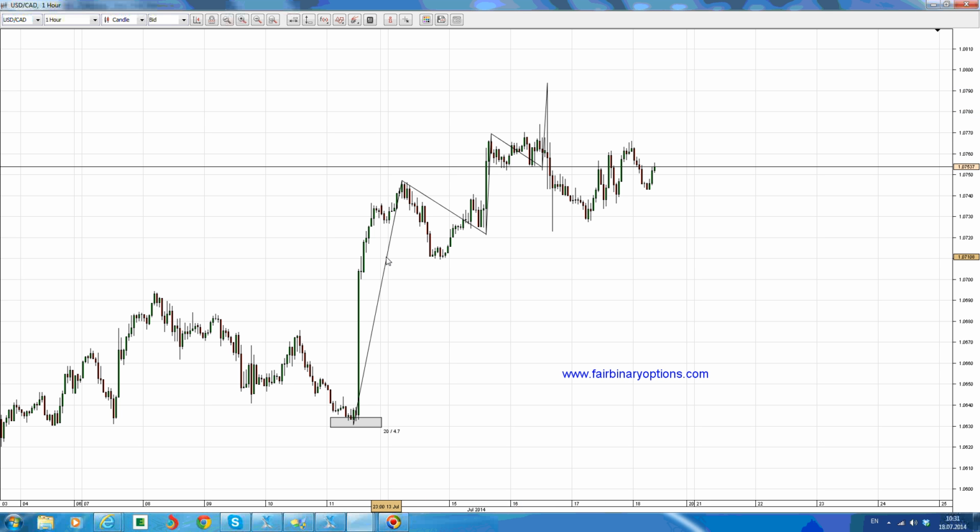Now this rising wedge comes with, of course, the 1, 2, 3 trend line that goes from here to here, and now the 2 to 4 trend line that goes from here to here as well. So 1, 2, 3 and 2 to 4 trend line. The 2 to 4 trend line broke and now forming a sort of a channeling here as a corrective wave,